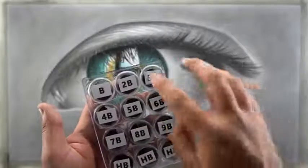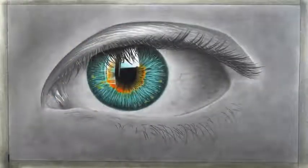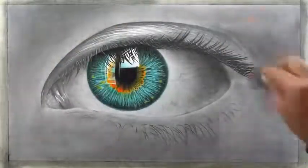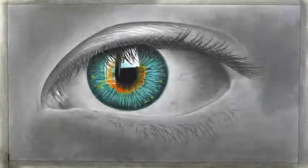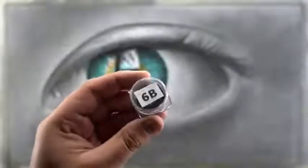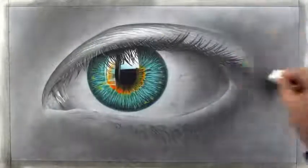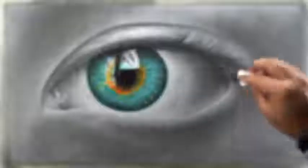Okay, now I'm going to use this 3B graphite powder and darken the shade in this upper left and right portion of the background. You can use the pressure technique to add this darker shade with the same HB graphite powder if you don't have any other shades yet. Then I'm going to use this 6B and repeat the same process again. But this doesn't make much difference here, so you can directly shade it with a 9B if you want,